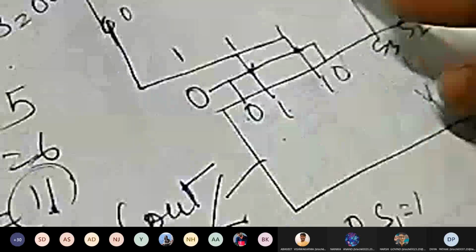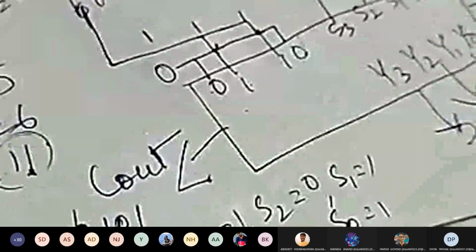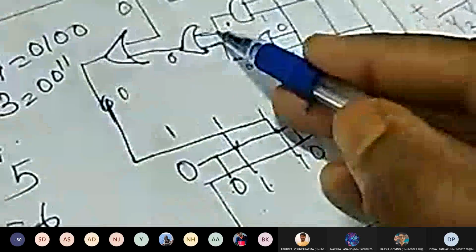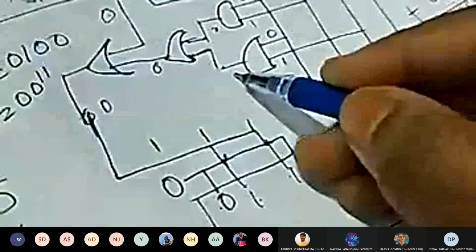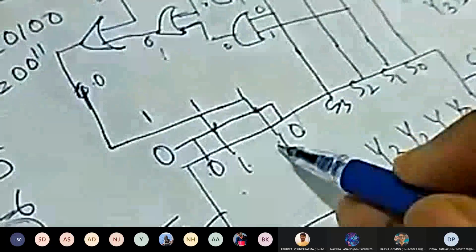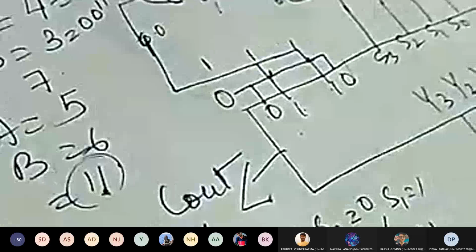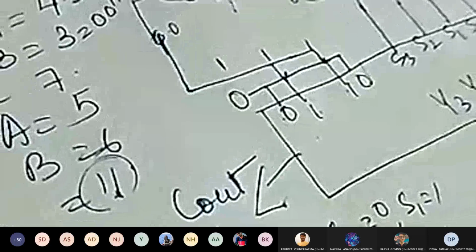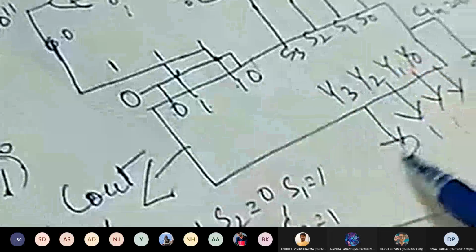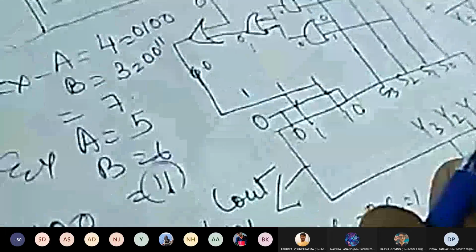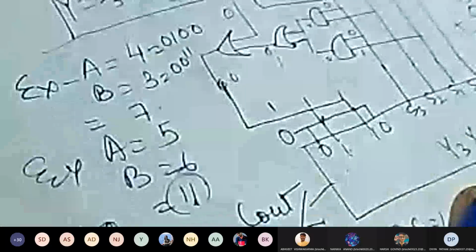Now come here. S3 into S2 will become 0 in this part. Now S3 into S1 will become 1, so 0 plus 1 is 1. Again 0 plus 1 is 1. That means you will get 1 1 over here and 0 0 here. So when you see that this is exceeding, that means it is 11, you will add 0 1 1 0, and then you will find out the value. Is it clear? It is proven?